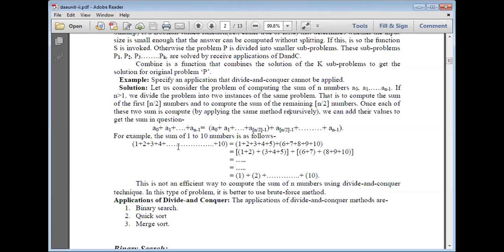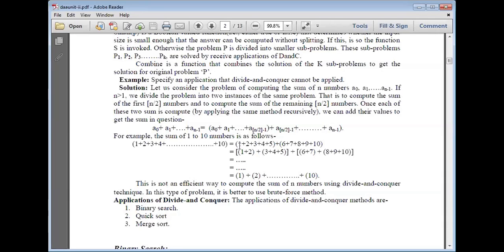For example, take the sum of the numbers 1 to 10. You can divide the 10 numbers into 5 numbers on one side and another 5 numbers on the other side: two parts, two subproblems.